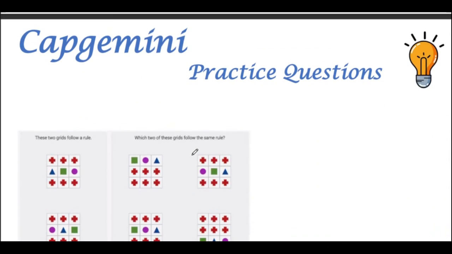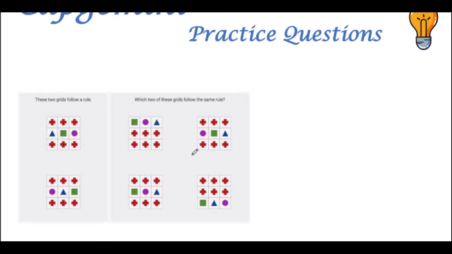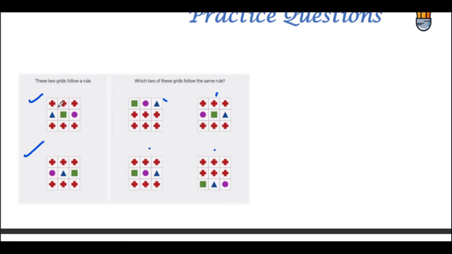Now coming to the next question, which is another category based on patterns. We have to select which of these grids follow the same rule. In this shape and this shape, we have to see some pattern, and based on that pattern decide which option is correct. In this question, one pattern we can see is that these two are the same, and another is that this diagonal consists of plus here and plus here,